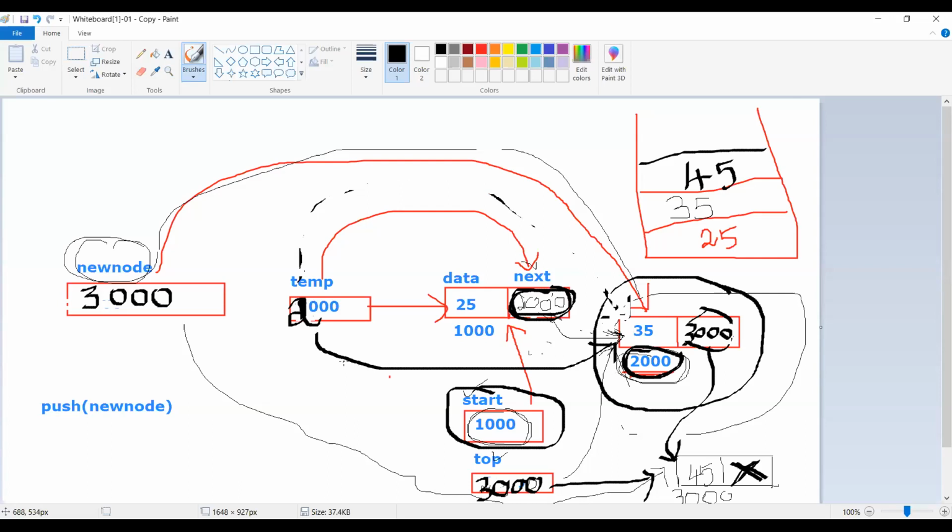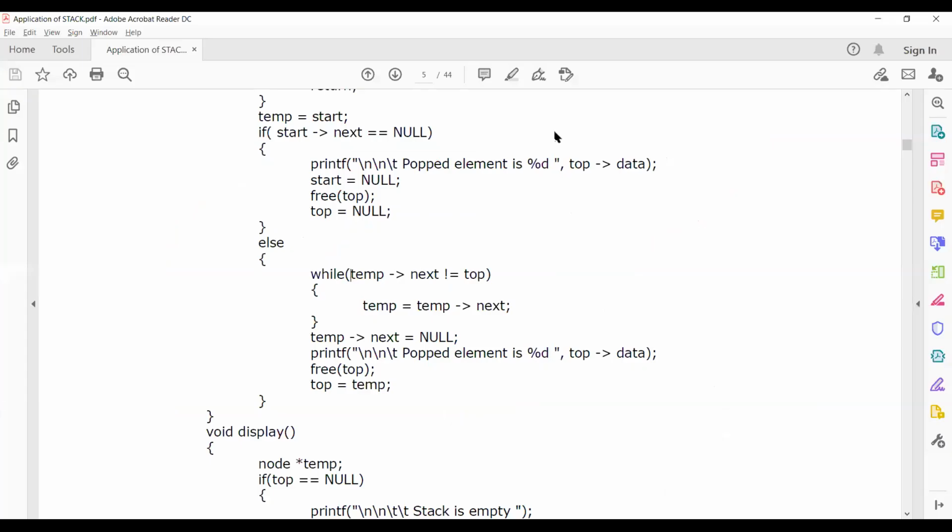Now what will I do? Temp next not equal to which one? Top, right? What happens? Yes, it is true. Temp next is 3000, right?